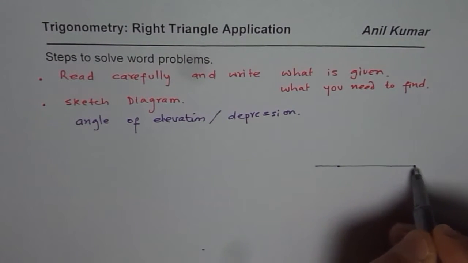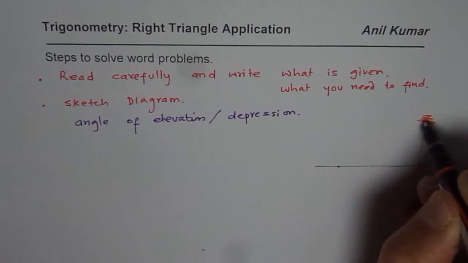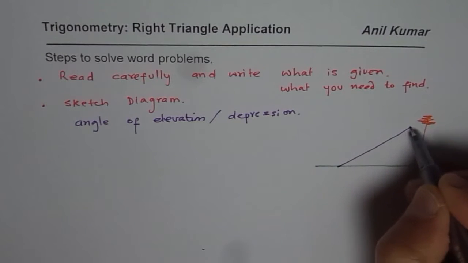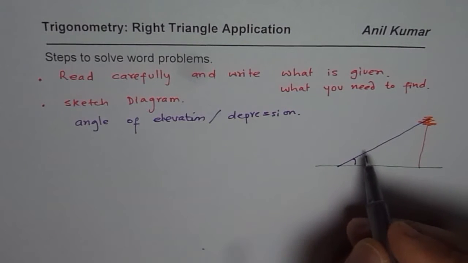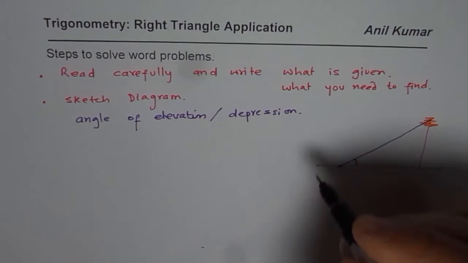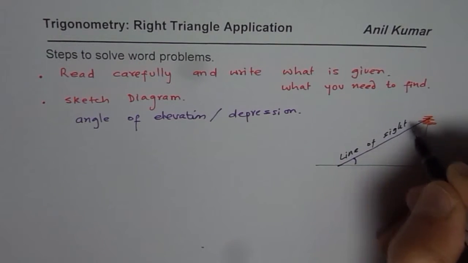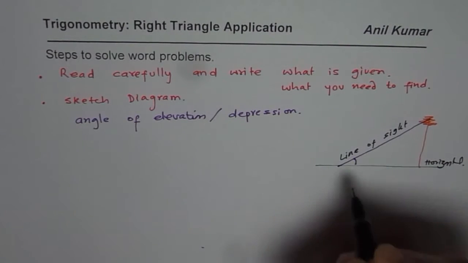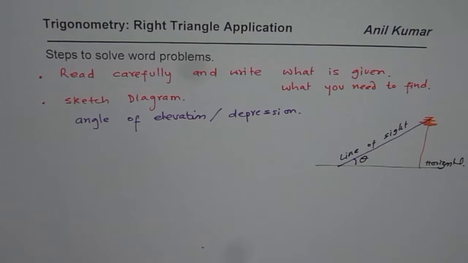Okay, so let us say that this is the ground level, and there is a tree somewhere right there. So this is our tree. Now from a point you find the angle to the top of the tree, right? And we say this angle is called the angle of elevation. When you see, this is your line of sight, right? So let me call this line of sight. And this is my horizontal. So the angle between line of sight and horizontal, let me call this theta, is called the angle of